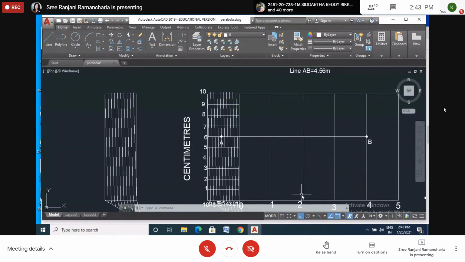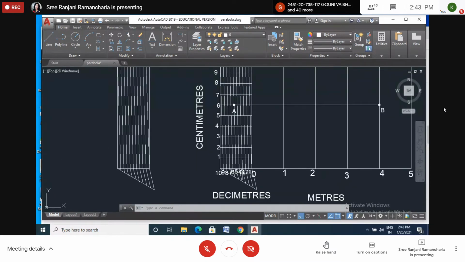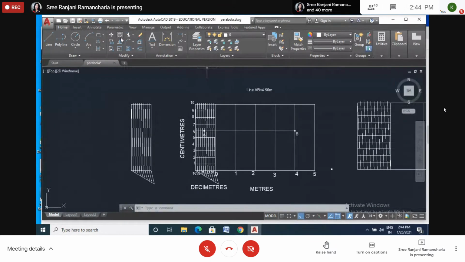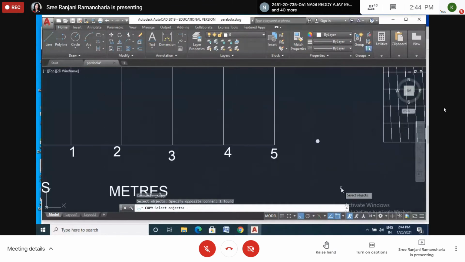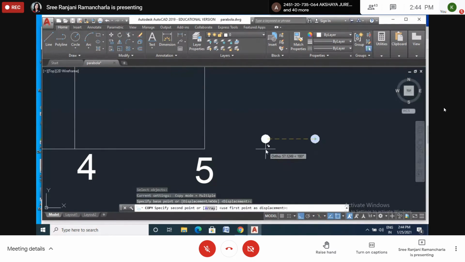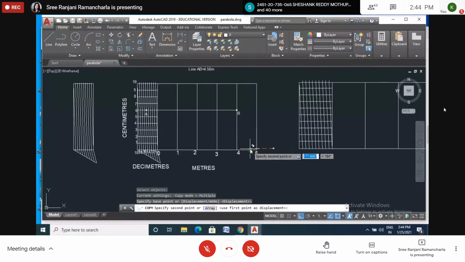So here 2 and 3 are in decimeters. I have to go along this third line, and where do I have to stop? At 4, this point, right? So again I will copy the donut, copy the point. I will explain. It is showing many points, but I want to select the center point. See here, correctly, then you can place it at the exact center. Okay.